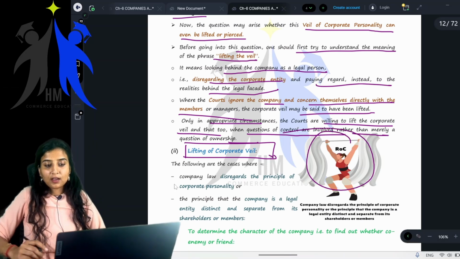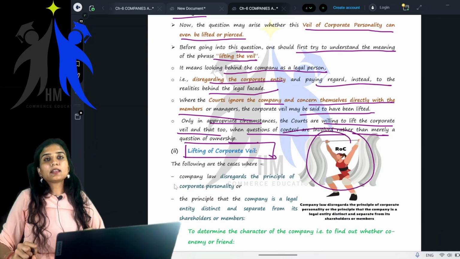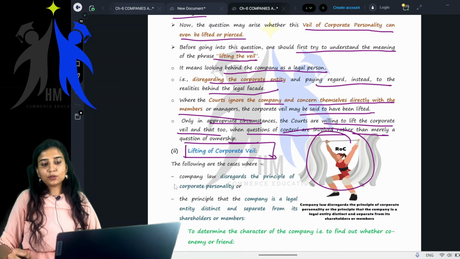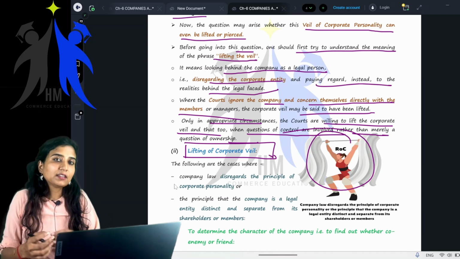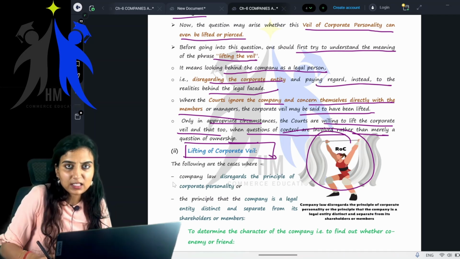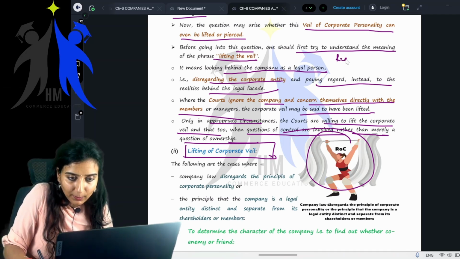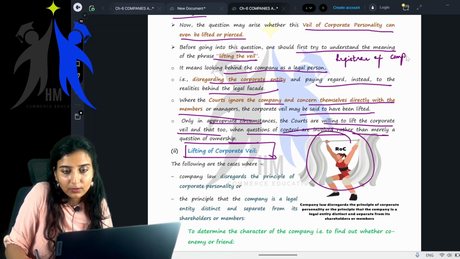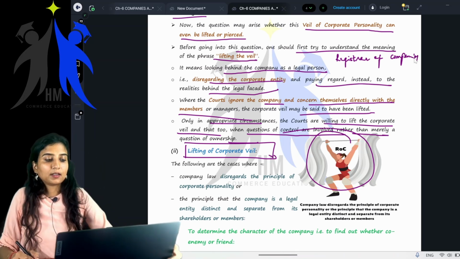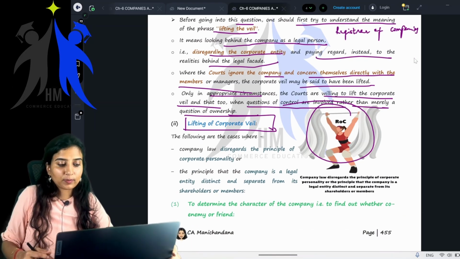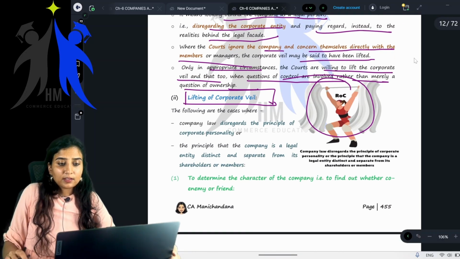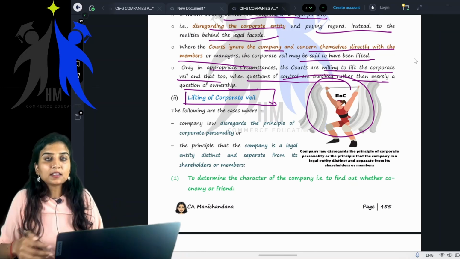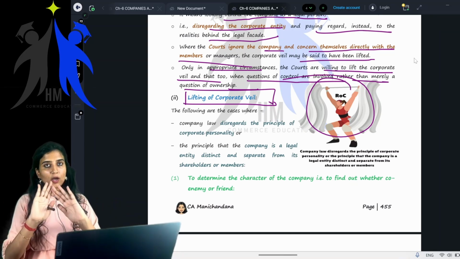See, the ROC, meaning Registrar of Companies. Basically you will know the importance of the ROC. Incorporation, all your filing, everything will go to this person. He is the registrar, not register. He is called the Registrar of Companies, basically the head. Your incorporation documents, your annual returns, everything will be submitted to the ROC. See what is happening: they are lifting or piercing the corporate veil. They are removing the corporate insulation.